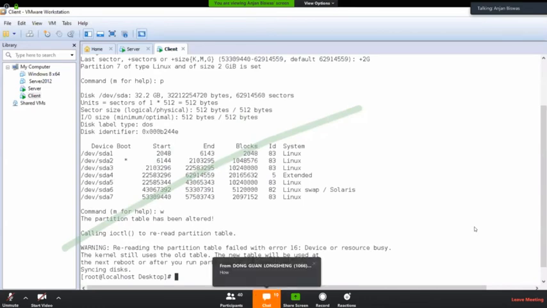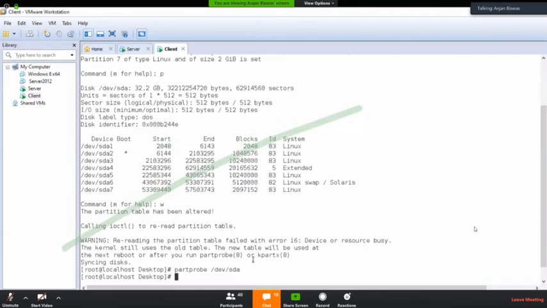So instead of doing this, if you put the command fdisk /dev/sda,